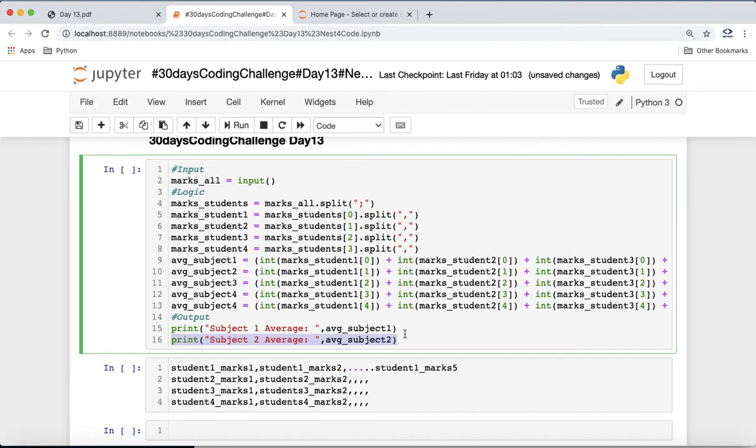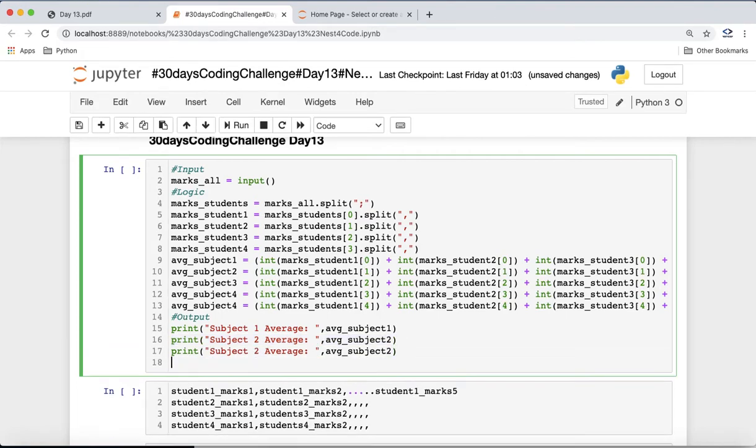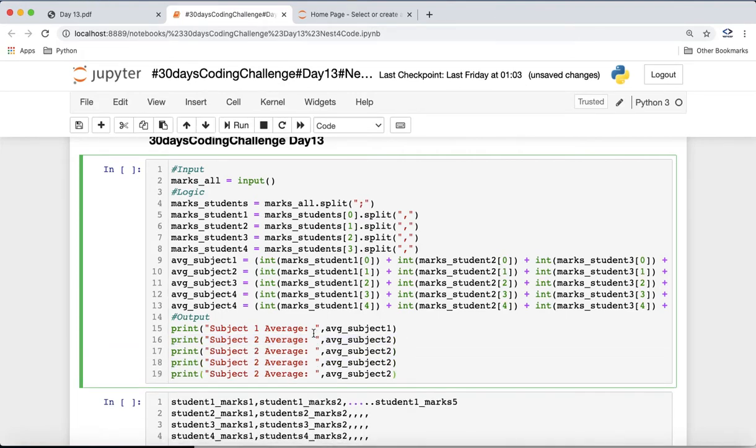And we will go for subject 3, 4, and 5 also. So this will be subject 3 average, and we change the variable also. It is subject 4 average. We'll change the variable also, and it is subject 5 average, and we'll change the variable also, right?